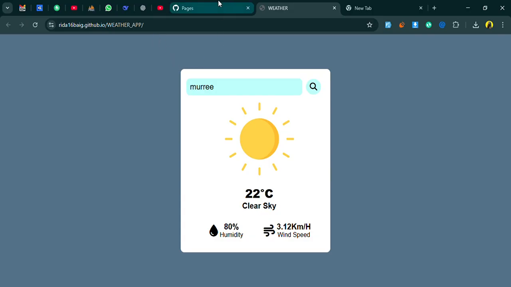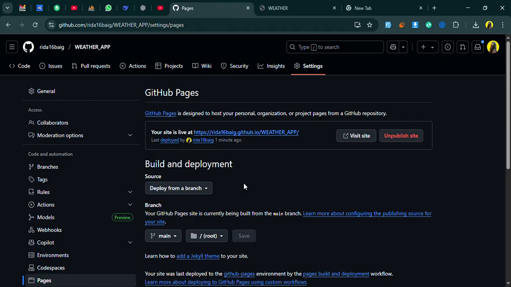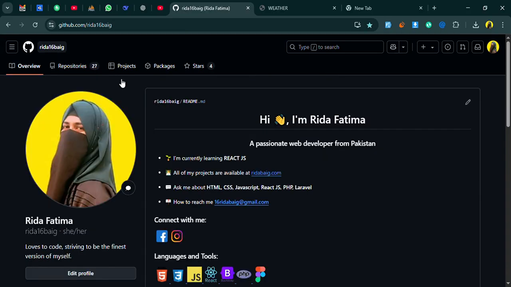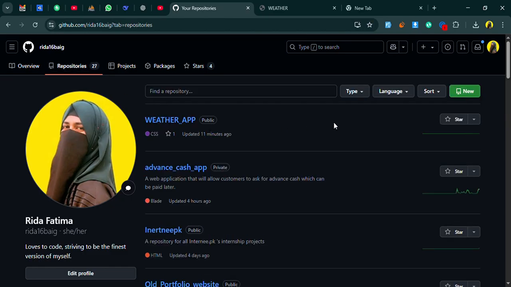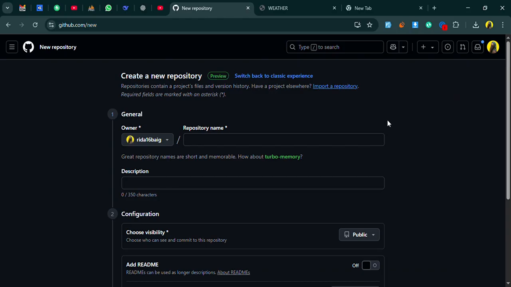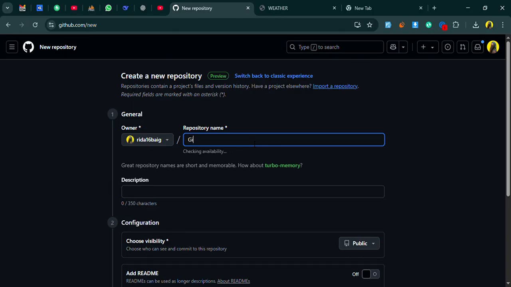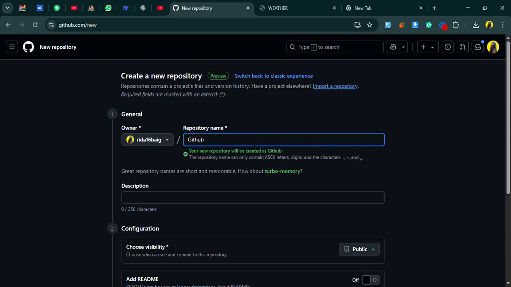So this is the way you can also make your project live, and you can see the project through GitHub Pages. Now let's move on to the second part where we will be creating a new repository and then we will be making it live. For those who do not have a repository, they should click here on new, and we're gonna give any name. We can say GitHub test